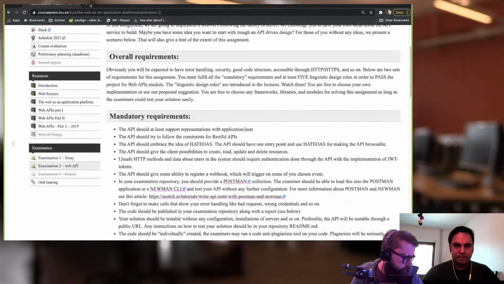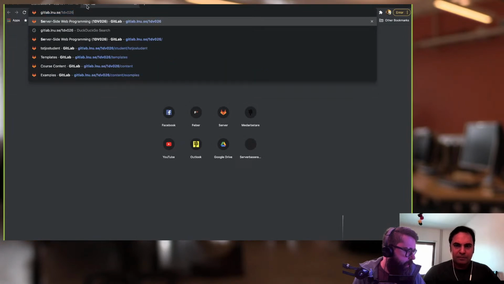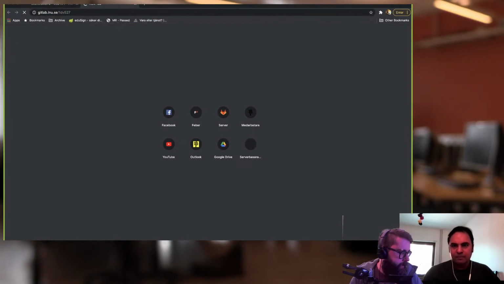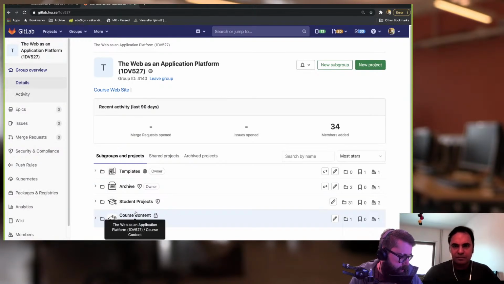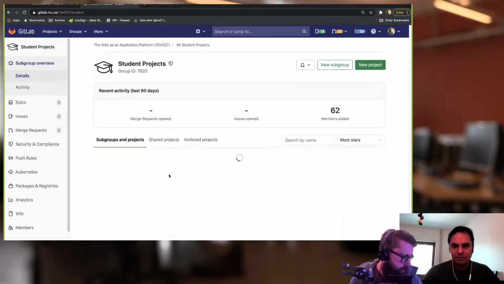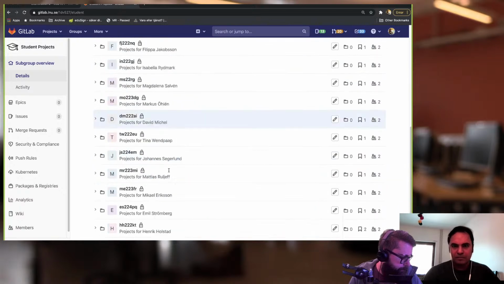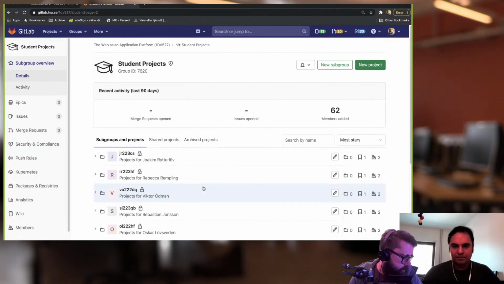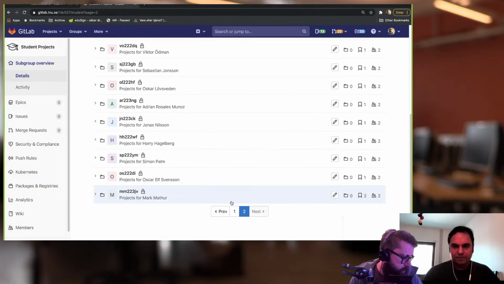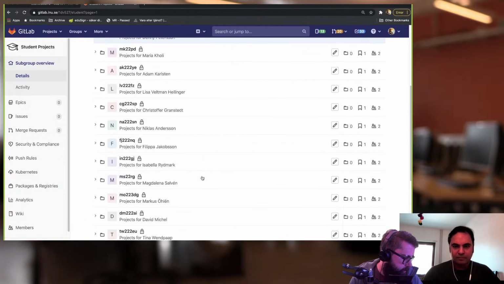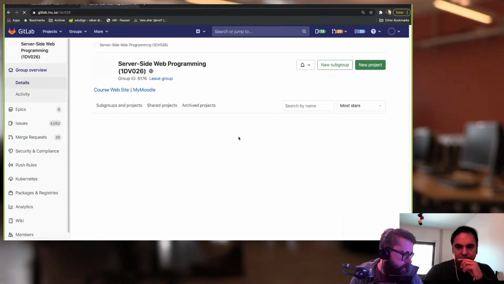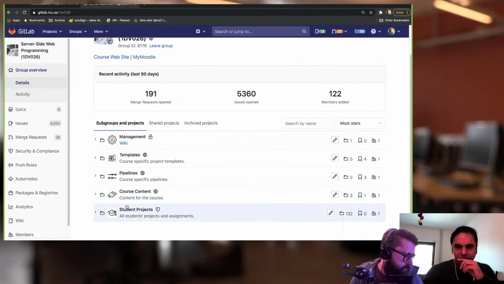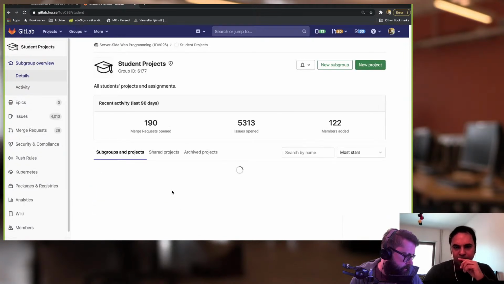Hopefully I will make it work. So if we go to the course GitLab and we enter, now I'm probably logged in as my teacher's account, so I will see every project, but that will probably be okay. And do I have a student project in this one? Oh, I don't. Darn it. I wasn't prepared enough. Then okay, so I'll just show it on another course. That doesn't matter at all. So if I go to this course and I go to my student account,